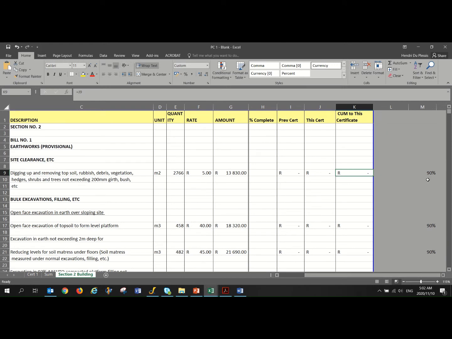Okay, so just to move out, we've measured 90% of this item has been done. So we put in 90% here, 90 there. Okay, so you will see it calculates 90% of the total amount. So it's just those two times with each other. Okay, and then you've got for this certificate, so you calculated the amount for this certificate, and then